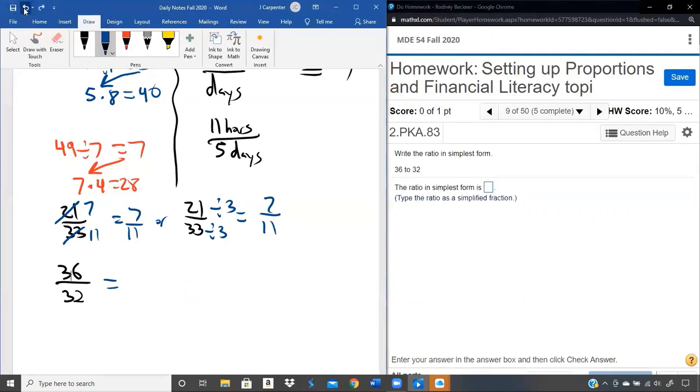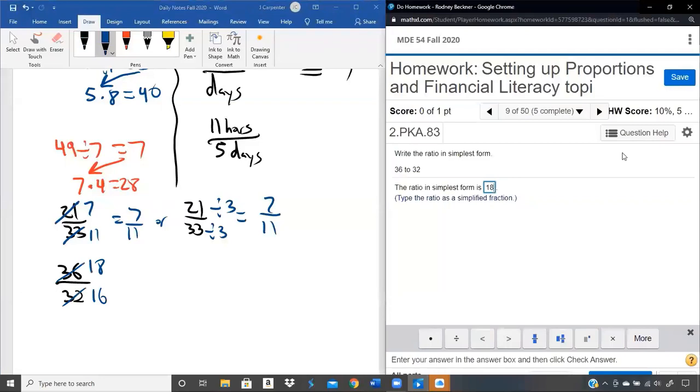If you can go straight to the answer, that's fine. Let's see, 2 would go into both 36 and 32, so I could divide both of these by 2. 2 will go into 36 18 times. 2 will go into 32 16 times. Spoilers, this is wrong. So I get excited, I reduced it, and I go 18 over 16,